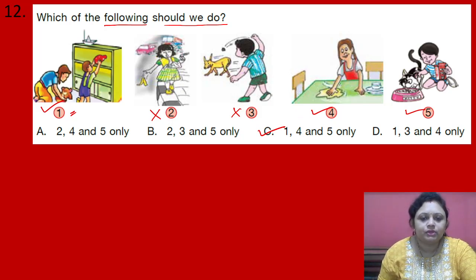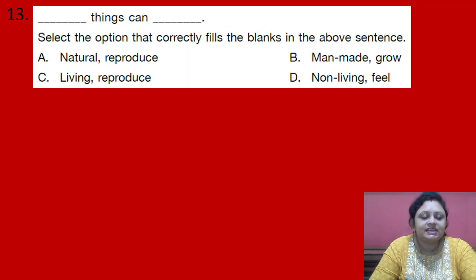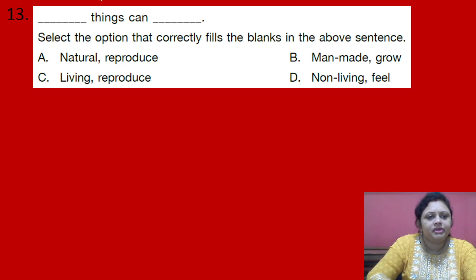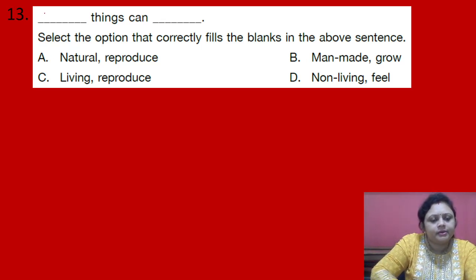Okay, coming to the next question, dash things can dash. Select the option that correctly fills the blanks in the above sentence. Options are A, natural, reproduce, B, man-made, grow, C, living, reproduce, D, non-living, fade. So, here the living